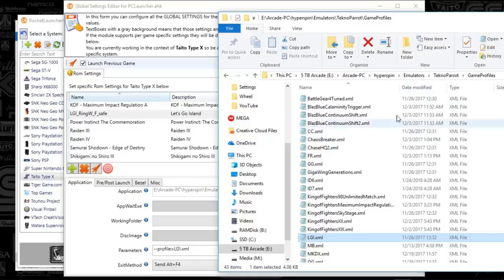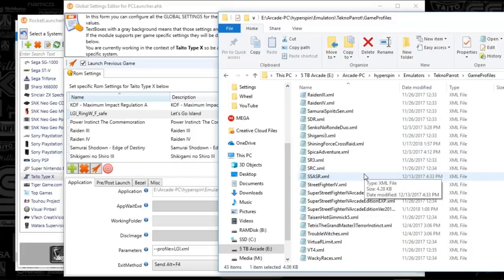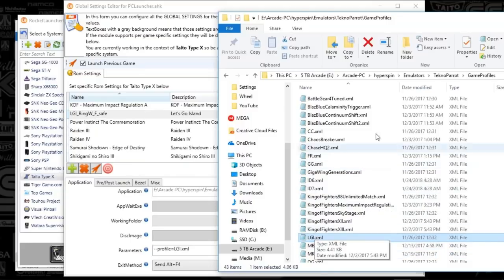All right, so what I'm getting excited about here is under your TechnoParrot folder, under Game Profiles, this is where all the names of your XMLs are for TechnoParrot. If you want to use the TechnoParrot front end, you'll never actually see that front end because you're using the parameters, but these are the parameters that you're going to be putting in here. If you wanted to launch this Chase HQ2 game, the parameters are going to be --profile equals